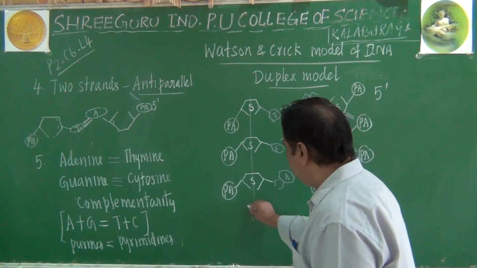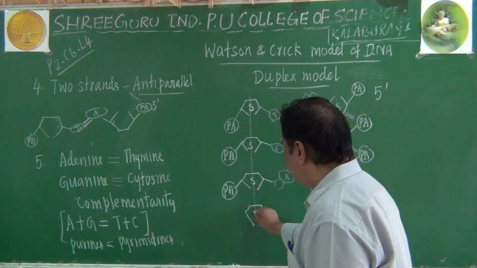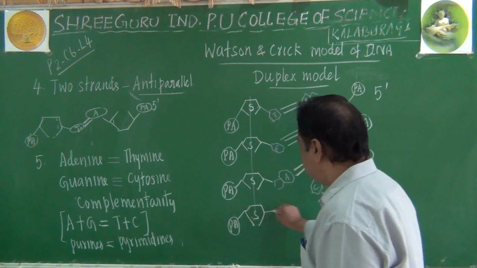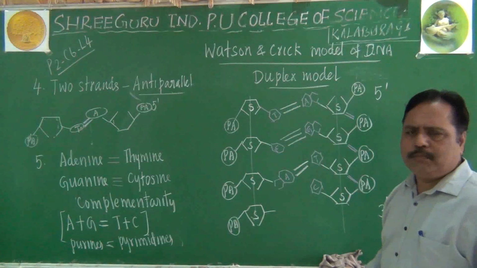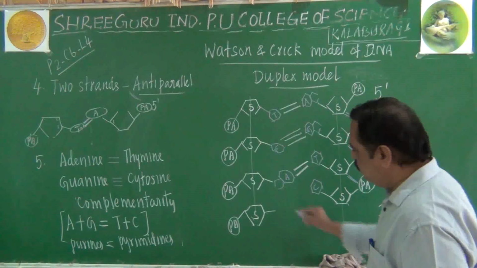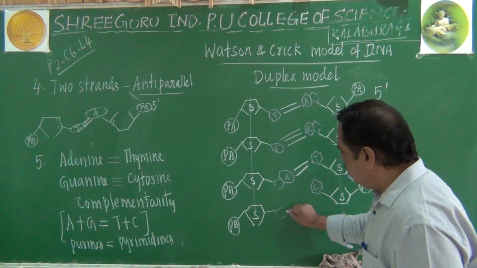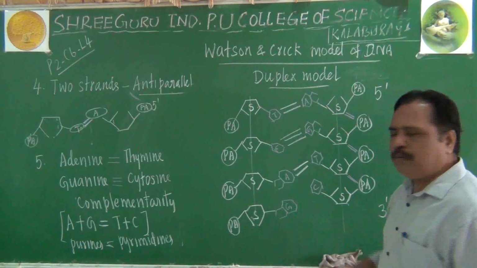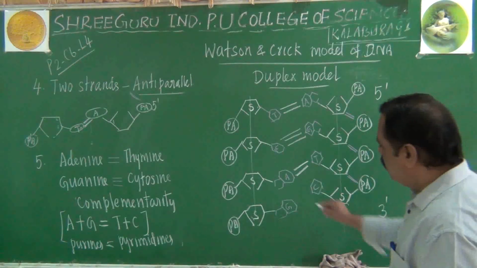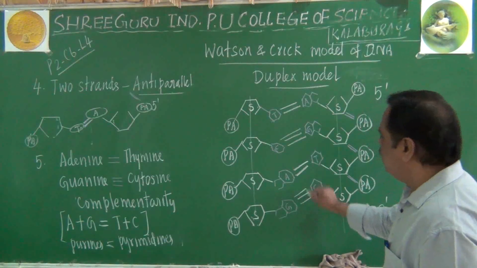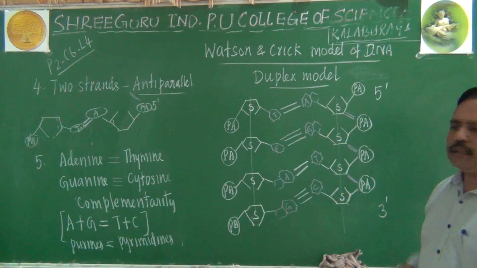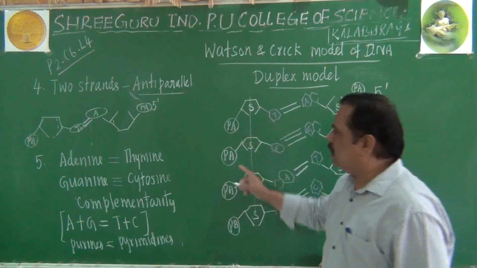Let me come to the fourth sugar molecule, facing downwards. Here phosphoric acid. Here there will be a nitrogen base. This is cytosine, so this one will be, what is that? Guanine actually. So I am putting G, it is guanine. Between guanine and cytosine, 3 hydrogen bonds will be formed. Here guanine and cytosine, here also like this. Still they are not stable.